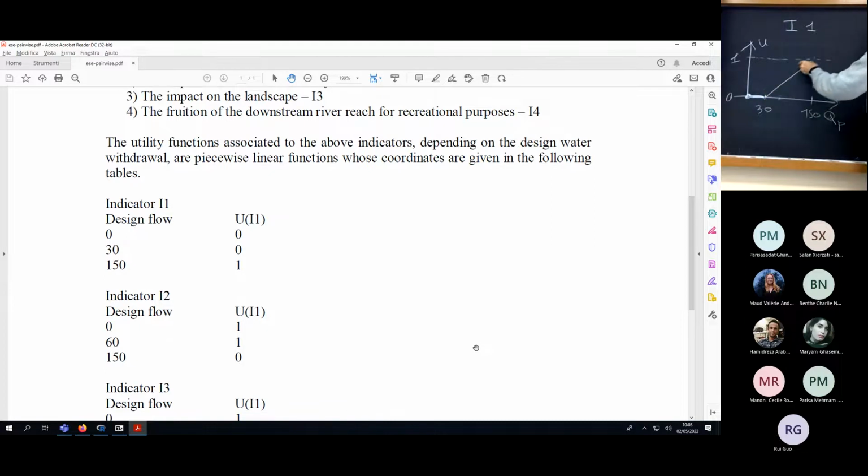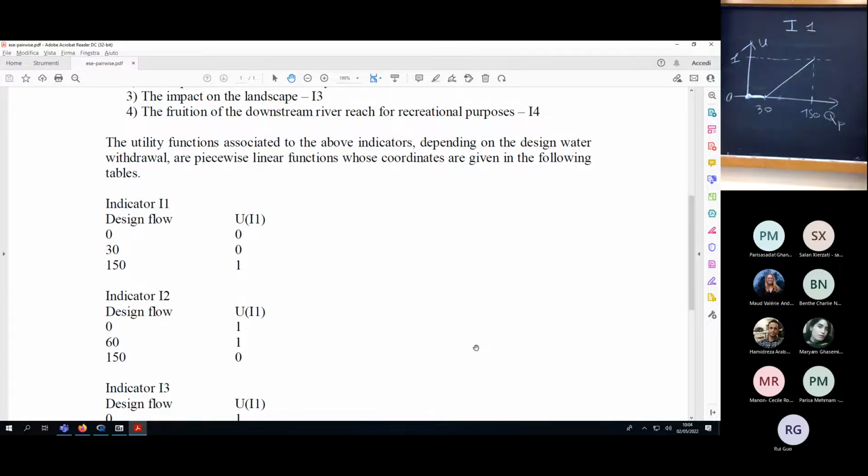So this is the resulting utility function, precisely. How is it evaluated? First, don't care about that, meaning that it is given and that's it. But the way it's evaluated is through an economic analysis, of course. And therefore, through this economic analysis, we determine that if the design flow is lower than 30, we don't have any utility. And we determine, second thing, that if the design flow is higher than 150, we don't get any